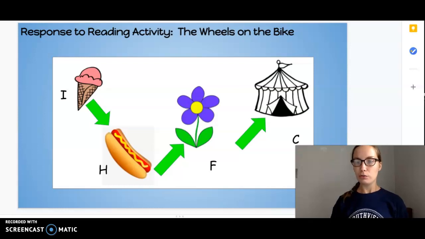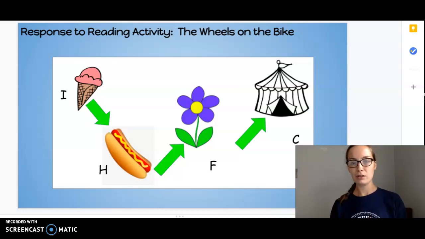You just finished reading and discussing the book, The Wheels on the Bike. So now it is time for your independent activity. For your independent activity, you are going to make a map of the different things that the bike went past